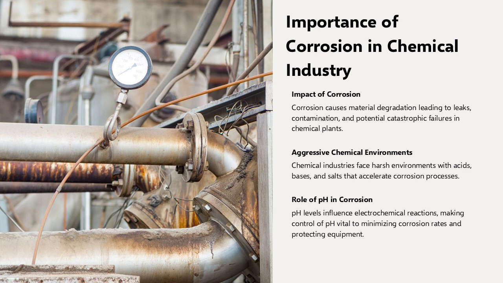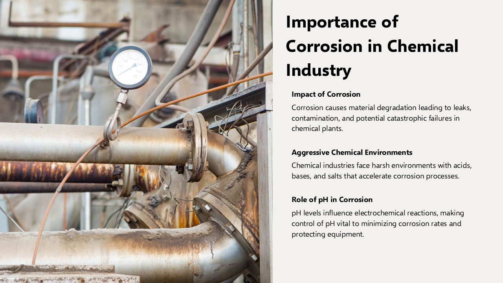Understanding the relationship between pH and corrosion is vital because pH influences the electrochemical reactions that govern corrosion processes. By managing pH levels, industries can minimize corrosion rates, extend equipment life, and reduce maintenance costs. This introduction sets the stage for exploring how pH interacts with different materials and why it is a key parameter